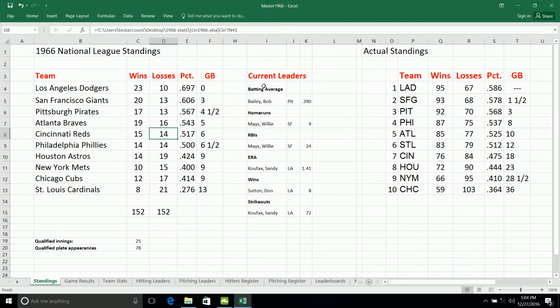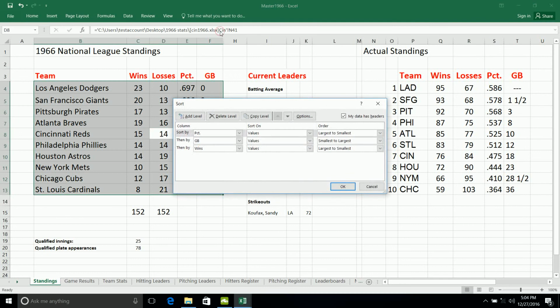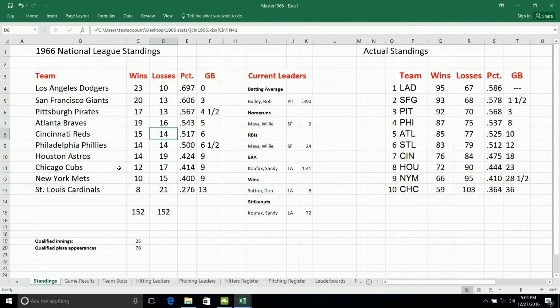That's always fun. And it's always nice to sort, so the standings are in order. I always sort by percentage, largest to smallest first, then by games back, smallest to largest, and then wins, largest to smallest, total wins. I do that, and it looks like the Cubs have gone up a notch to 8th